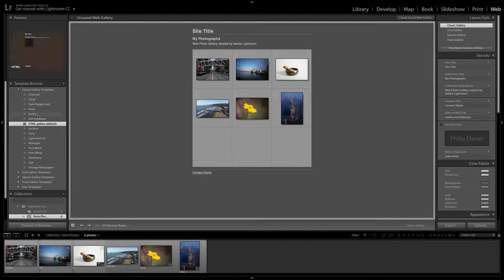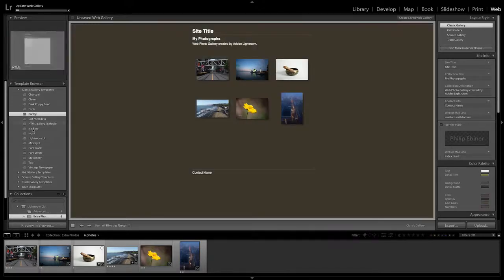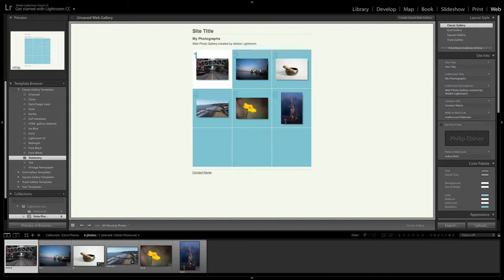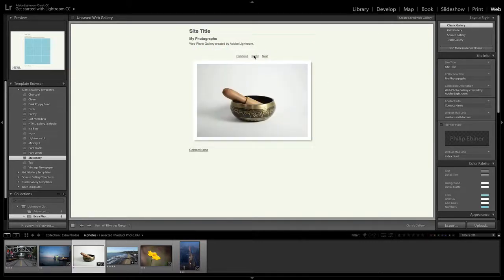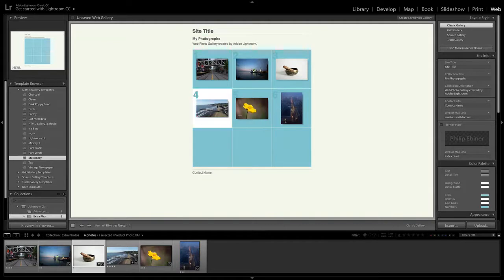So for example, you have your custom sort of templates over here. So if you want, this can change the style of the website itself. In the middle, you see the preview of the website, and this is actually what it's going to look like to someone in the public. And all of these are set up to be basically a grid of your album, and then if you click on one of the photos, it opens it up big. And this is, again, kind of the preview of what it would look like.